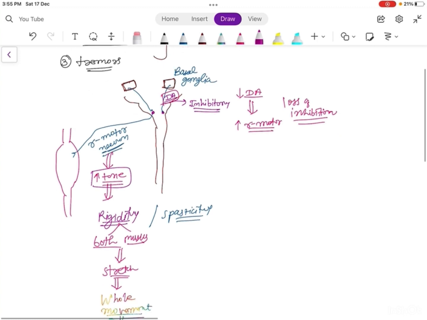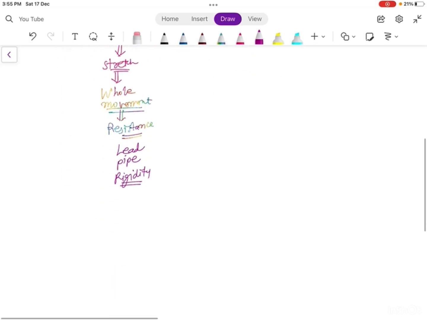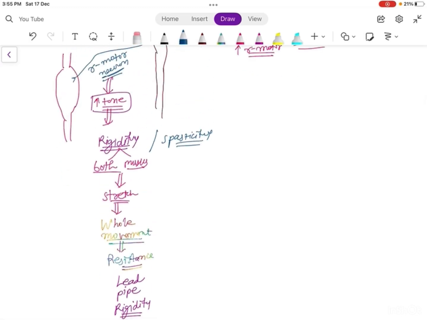Now we will discuss why we have tremor, and then we will discuss what is the cogwheel rigidity, right? So the second important clinical feature is the tremors, and specifically